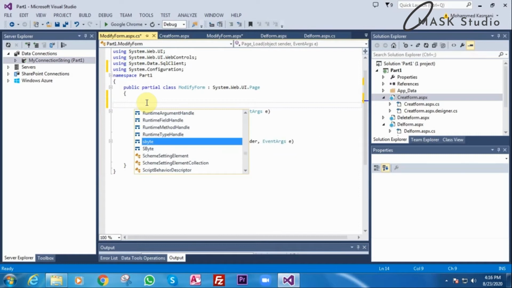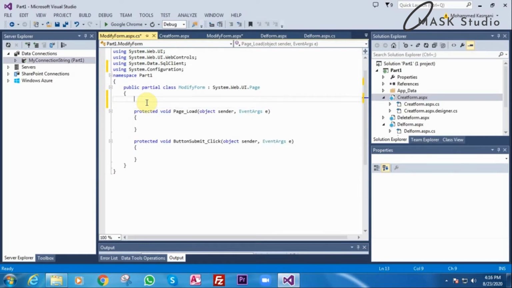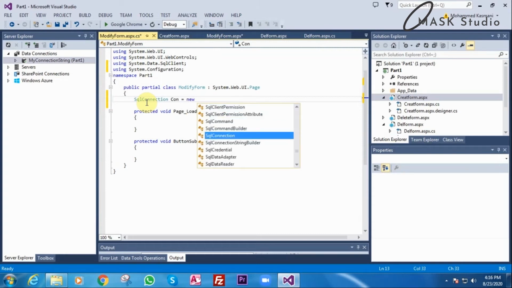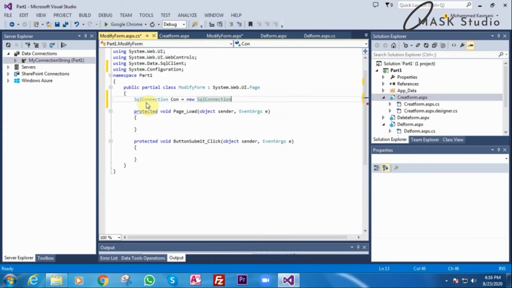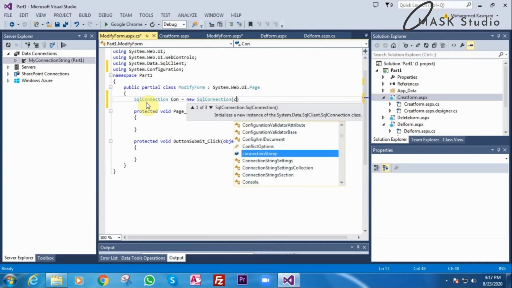Now we'll add a SQL connection here. For that, SQL connection CON is equal to new SQL connection, ConfigurationManager.